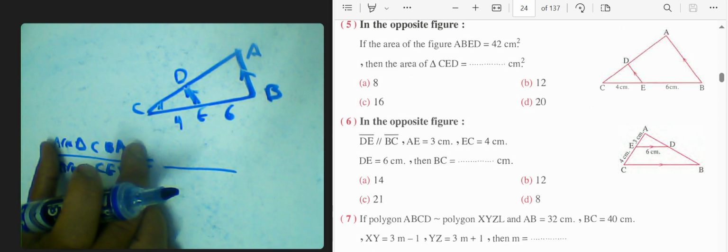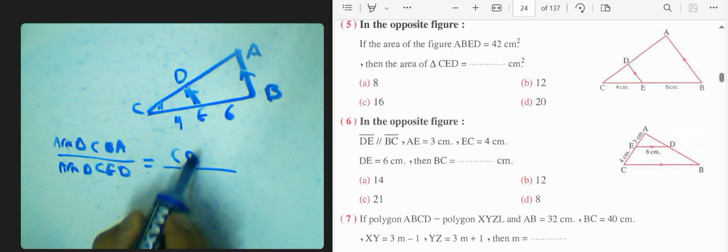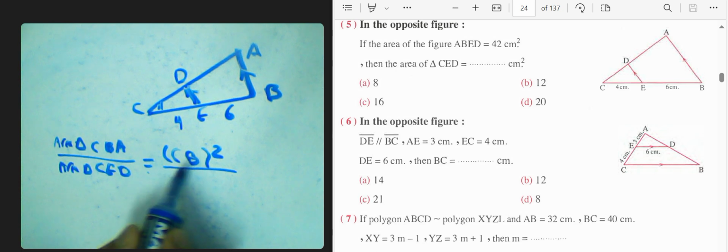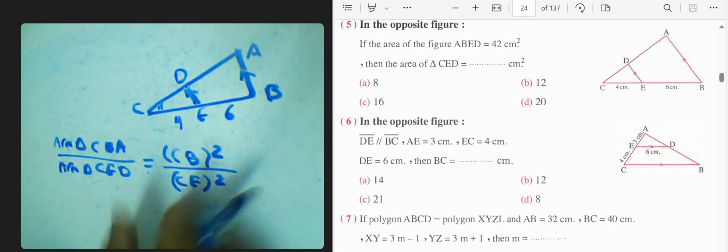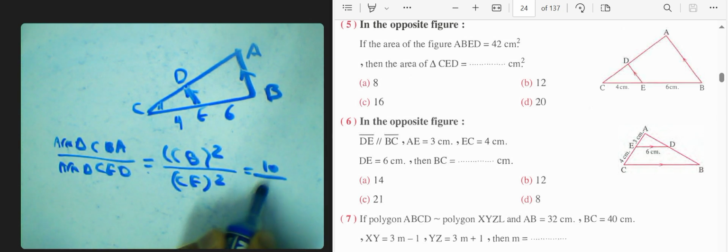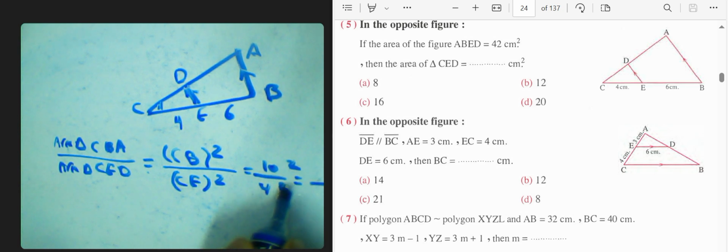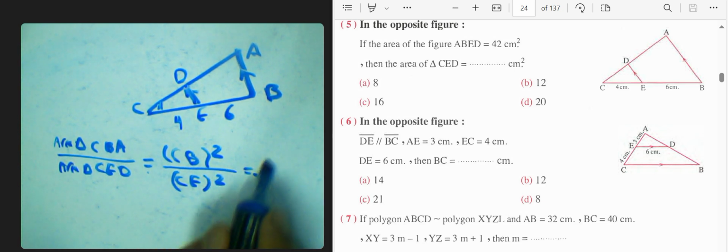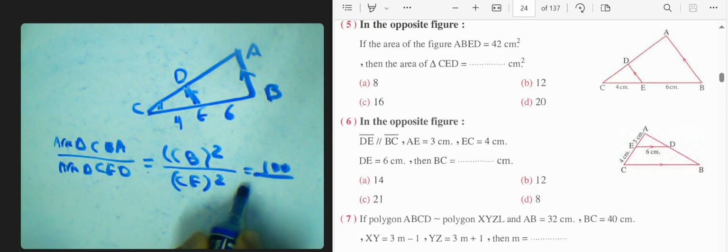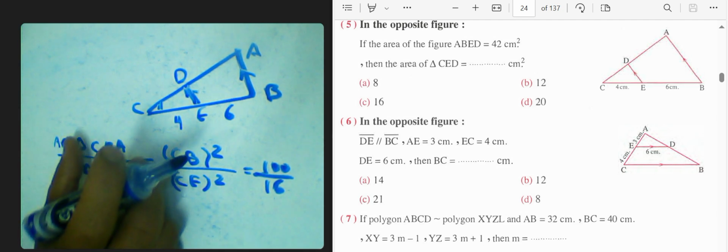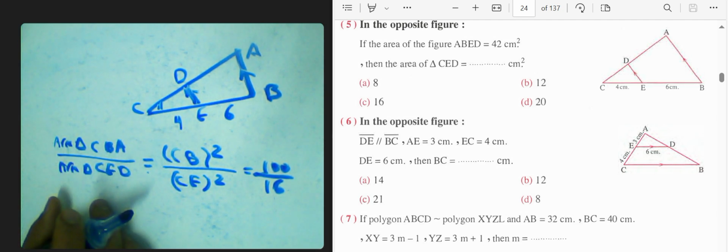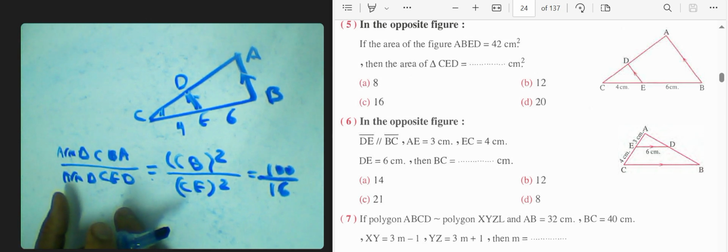انا بدأت بالترينجل الكبير، خلاص باخد السايد كله اللي هو سي بي باور 2 وهنا سي اي باور 2. طيب سي بي عندي كانت 10، يبقى هنا 10 باور 2، وهنا السي اي كانت 4، يبقى 4 باور 2. يبقى الريشيو تبقى هنا 100 over 16. نعملها سمبلست، 100 over 4 باور 2 will be 16. طب انت جبت الريشيو بين اريا 1 واريا 2، ممكن نعمل بلس للاريا 1 واريا 2